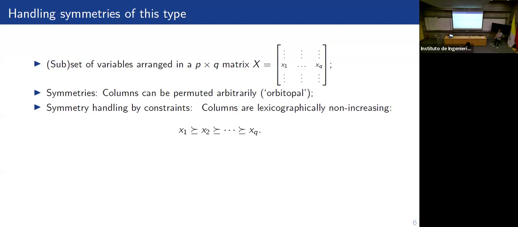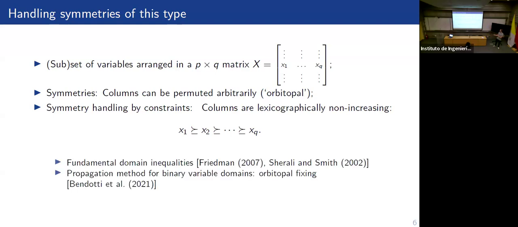So this is a very common approach to add a constraint like this. And there is a problem with this because this is a lexicographic order constraint. It's not a linear constraint. So if you want to embed it in linear programming solvers that underlie the mathematical programming, you need to linearize these constraints. You can do that, for instance, by fundamental domain inequalities, as Hojny and Pfetsch did in their research. And in a more generic way, you can consider the fundamental domain inequalities as given by Friedman.